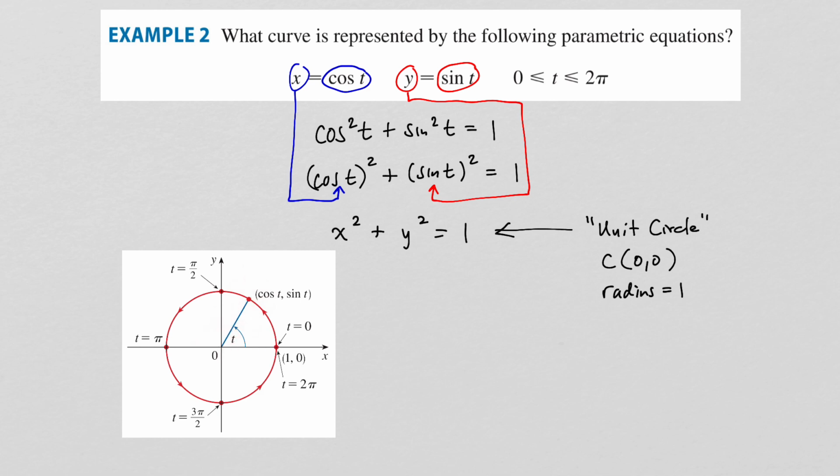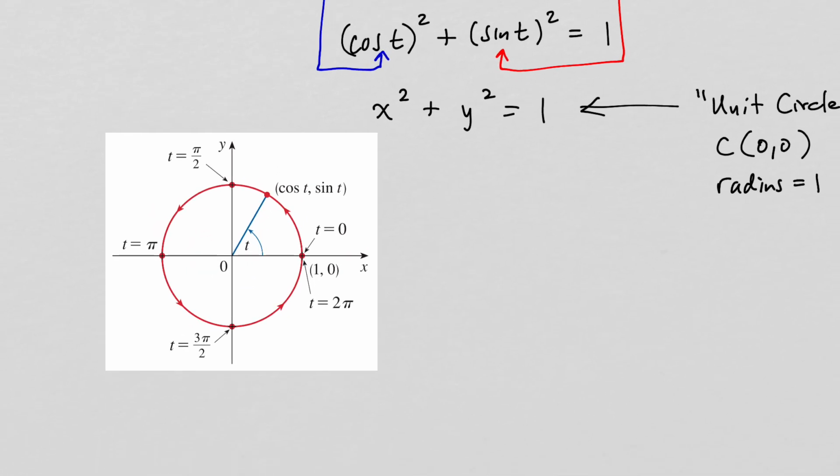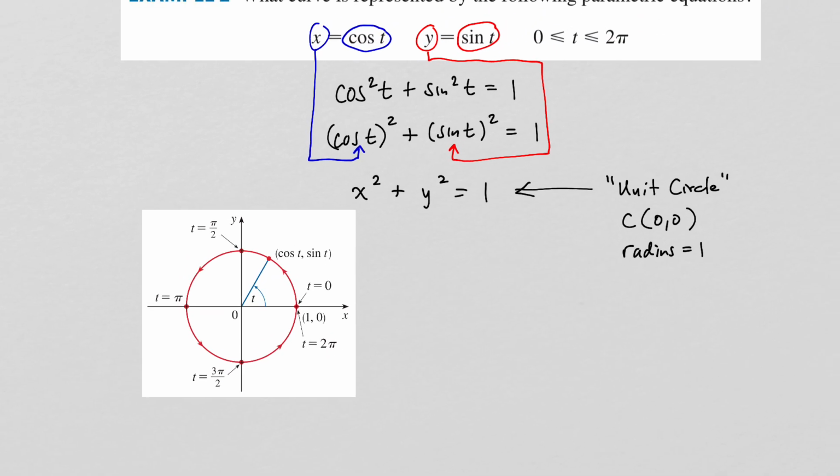And you'll notice that I went ahead and showed you all the details of this curve. So for example, when t is equal to 0, that corresponds to this point here. And that's because if t equals 0, x is going to be the cosine of 0, which is equal to 1, and y is going to be the sine of 0, which is equal to 0. And that gives you the point 1, 0. So that is this point right here. And that is the beginning of the curve